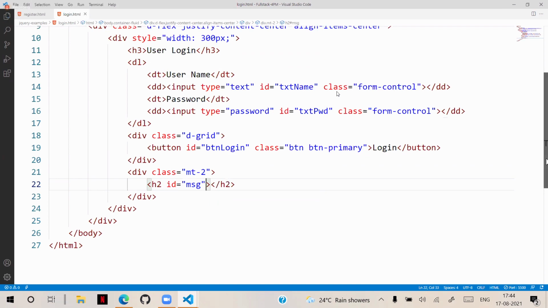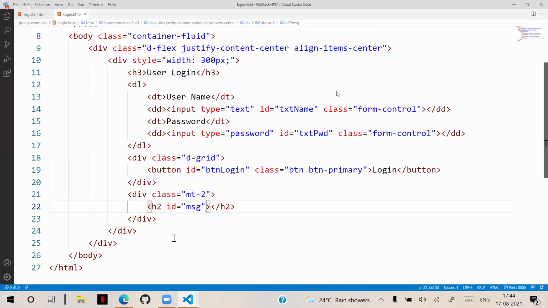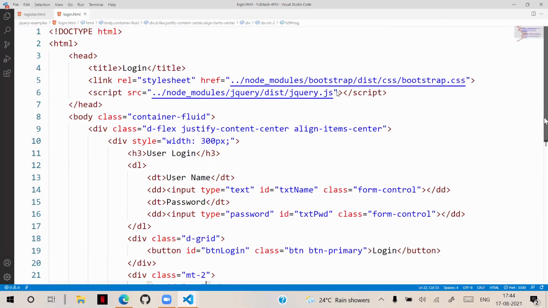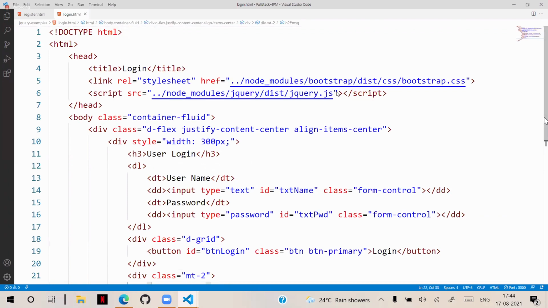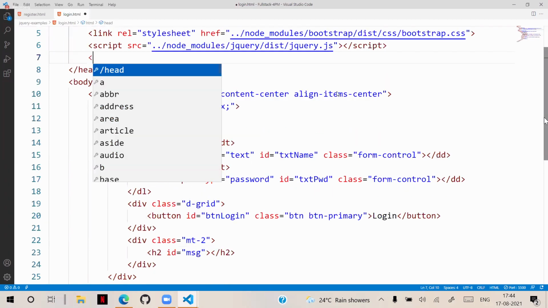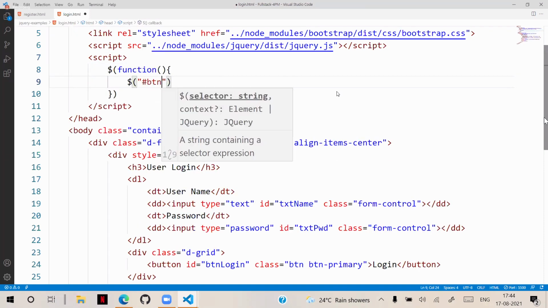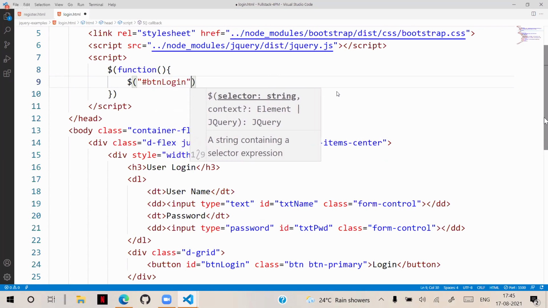Now what we want here is to display the message on login button click. So we need to write a jQuery function script. In this, we have to write btnlogin click.